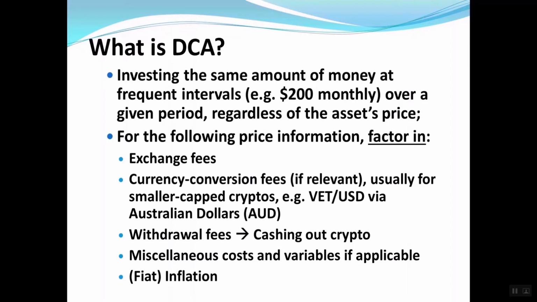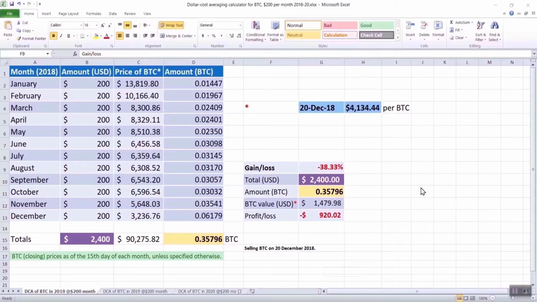So for this video, I've excluded inflation, as the focus is on Bitcoin versus Ethereum, that won't actually have a bearing on the final outcome, comparing the two side by side. Okay, moving on to the related spreadsheets, and I'll begin with Bitcoin to give you a quick summary of how I've approached this.